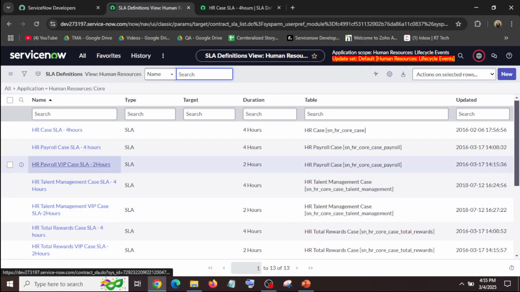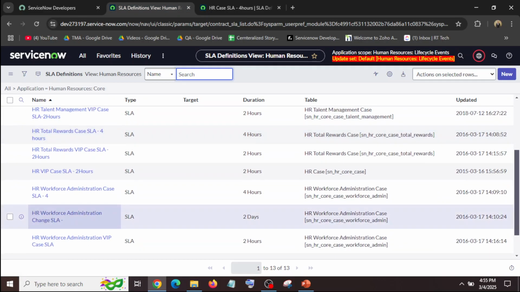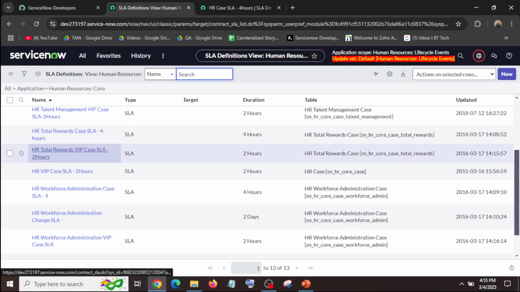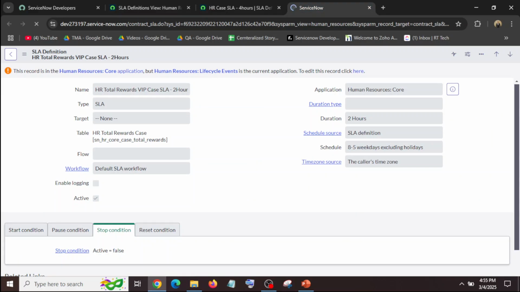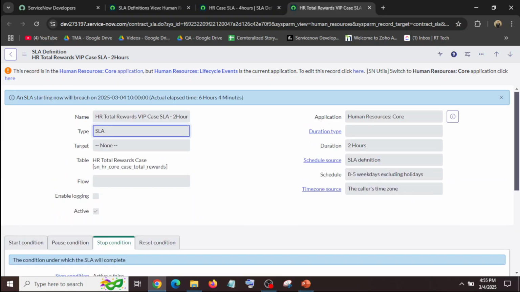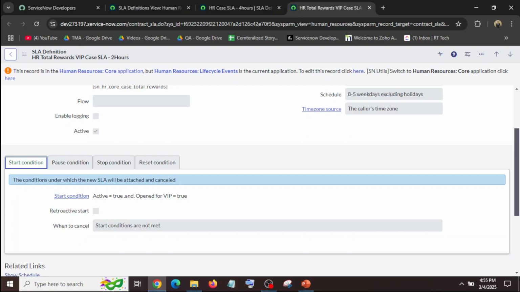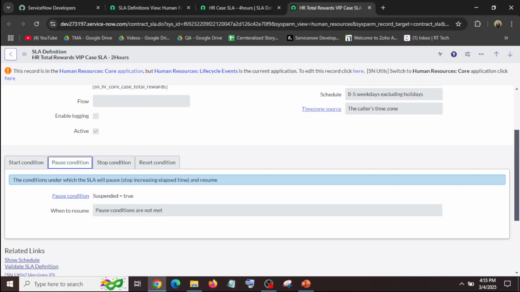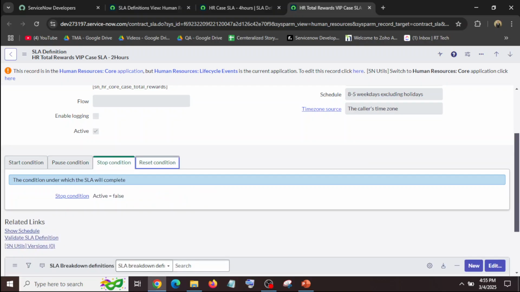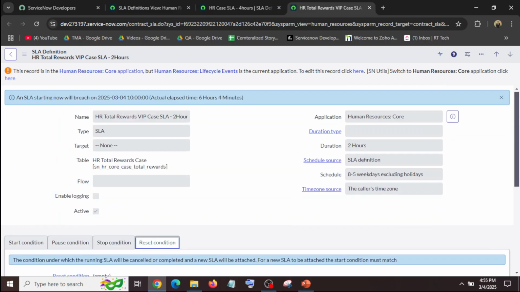There are some other SLAs like this one, and this is the name of the SLA, and again the table and all the other details are similar. The start condition, pause condition, stop condition, and reset condition.